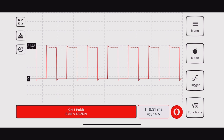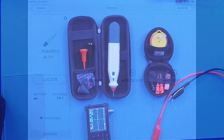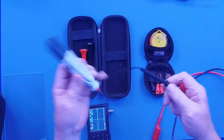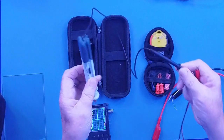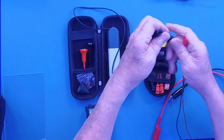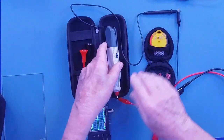So if you look at this one, it is called the Pocket Pro. And the Pocket Pro will do quite a few different things. And I'm going to show you, there's the interface on an iPad for the Pocket Pro. And what I'm going to do, and as you can see, the one lead pops out here. There's the lead, and I'm going to hook up my jumpers to it real quick, and I'm going to set it for voltage,